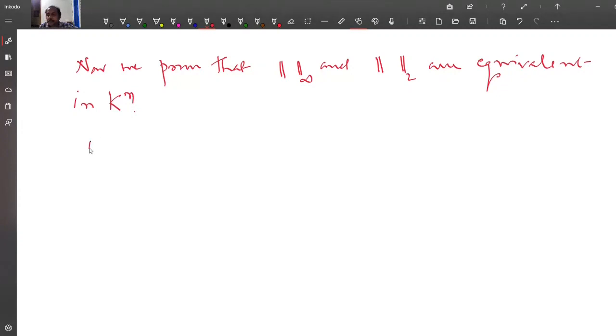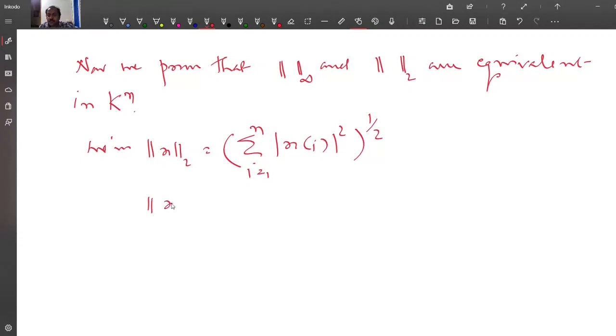We have two norm of x is sigma i equal to 1 to n modulus of x of i square, the whole raised to 1 by 2, and subnorm of x is maximum of modulus x of i such that i is equal to 1, 2, etc., n. Let this be some m,